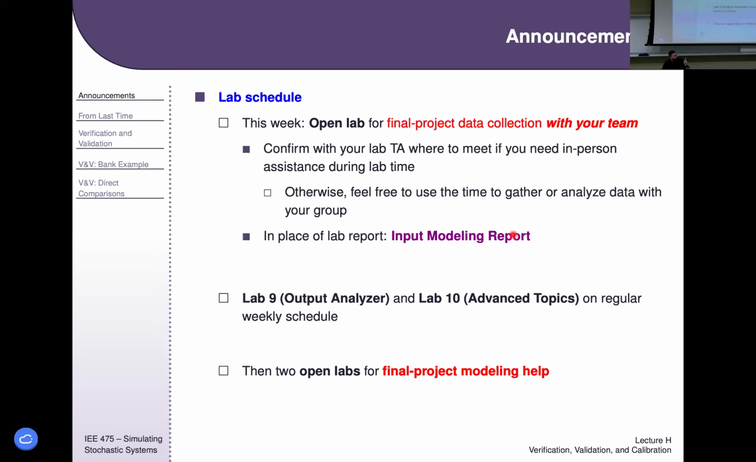So there's information online on what is expected of the input modeling report. The biggest thing here is I want you to identify the system that you're going to study and the general reason why you're studying that system. Like if you noticed long lines, or does it seem like there's opportunities for optimizing something for efficiency and so on, and then describe the input models that you'll likely need, describe the output variables that you'll likely take